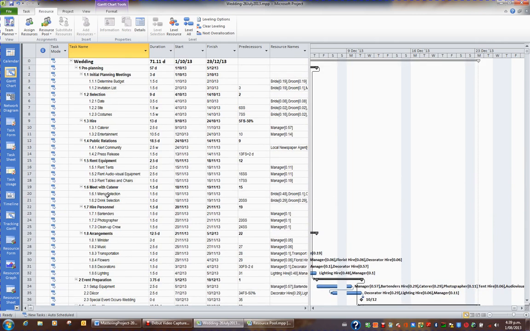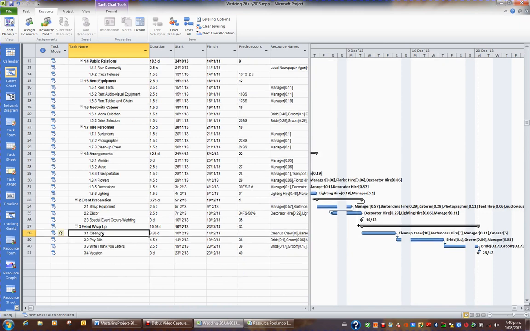So options available to you are to reduce the hours that perhaps a resource works on a task, and I did that with the bride. I reduced the number of hours she worked on the date from 1 full-time unit to 2 hours. The other option that you have is to hire more staff, and I did that with the cleanup crew. I hired 5 more cleanup staff so that I had 10. Another option is to assign different resources to the task that are equally capable of doing the job and aren't busy, and I did that when I employed 5 caterers to help out the 5 bartenders